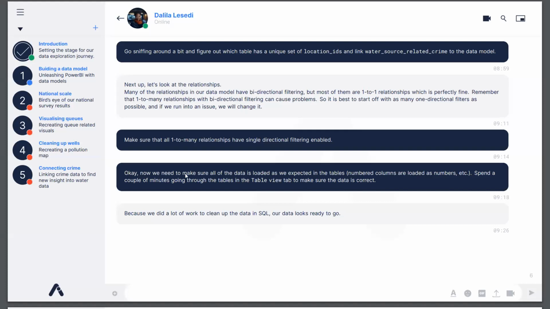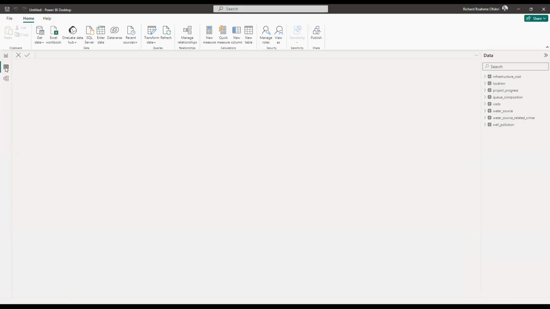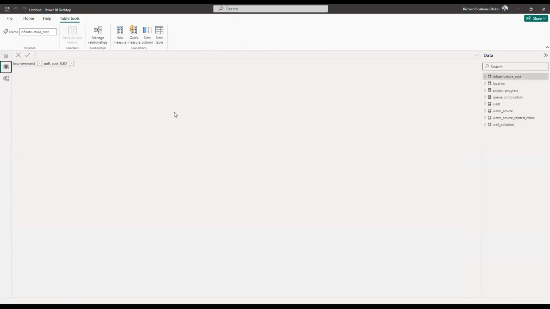Okay, now we need to make sure all of the data is loaded as we expected in the tables. Numbered columns are loaded as numbers, etc. Spend a couple of minutes going through the tables in the table view tab to make sure the data is correct. Because we did a lot of work to clean up the data in SQL, our data looks ready to go. Let's just spend a few minutes to go through, okay? So in the table view,